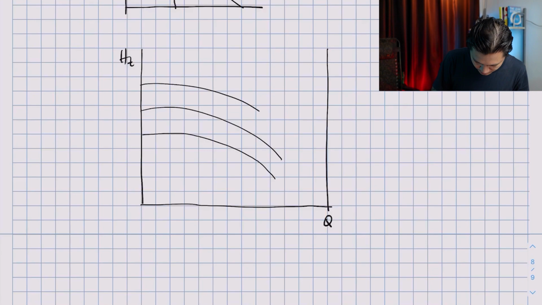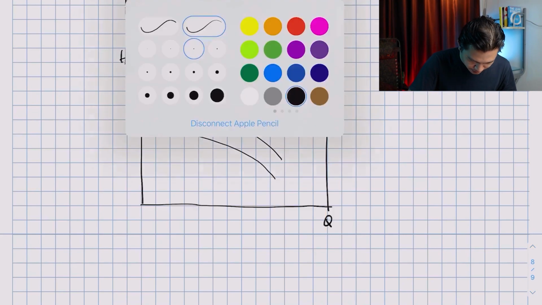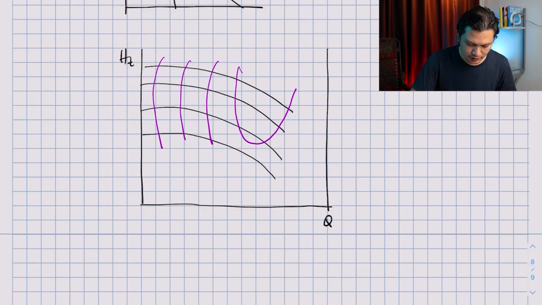If you have the increasing diameter, and I told you before that the efficiency will be different as you change the flow rate. And in this case, the efficiency has its own curve. Okay, and it looks something like this. I'm going to write this in purple. Okay, so this is it. This is one line, and this could be another line. Okay, and this is where the efficiency is, let's say, 75%.